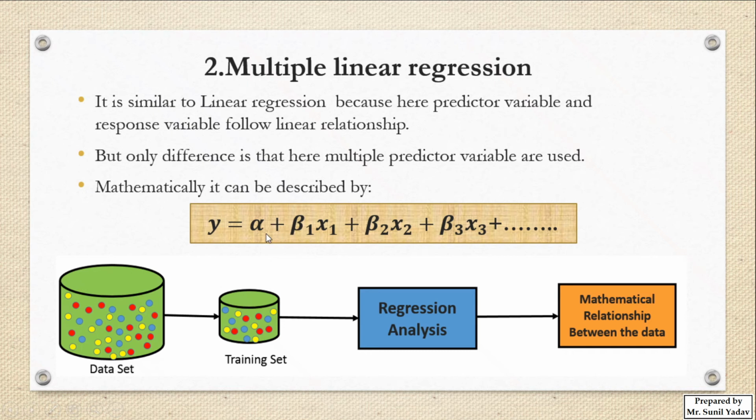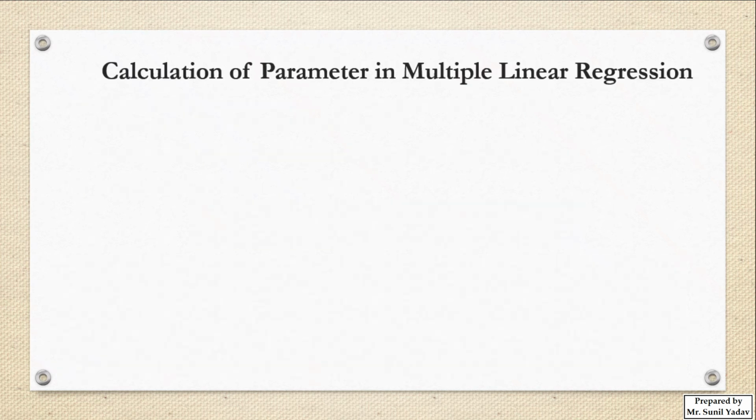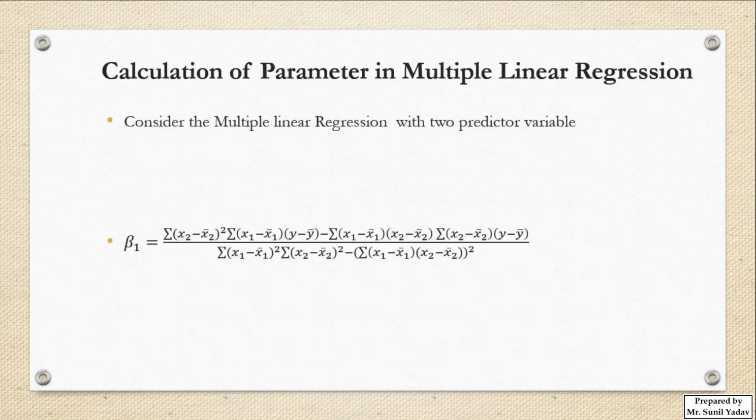And if you see the constant parameters over here in multiple linear regression, the constant parameters are nothing but alpha, beta 1, beta 2, beta 3 up to beta 4 also. That depends on what type of model we are designing. So they can be calculated with the help of this formula.